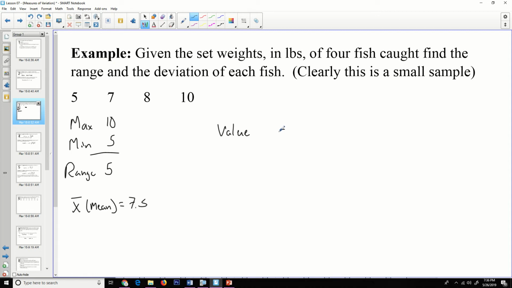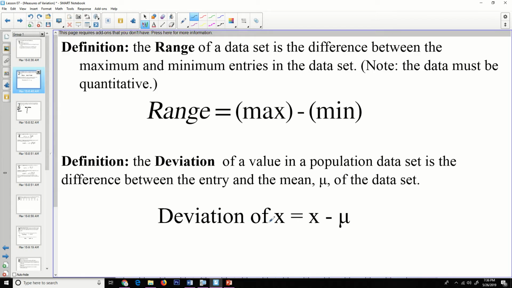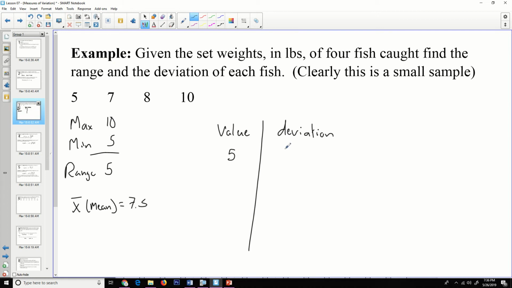And then the deviation for each of those values. Again, just reiterating, it is the value minus the mean. Since the value is 5, the deviation will be 5 minus 7.5, which is negative 2.5. The deviation is negative because the mean is more than the value. And then we have 7. So 7 minus 7.5 will give me